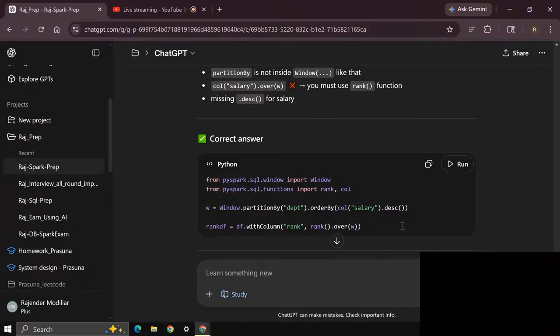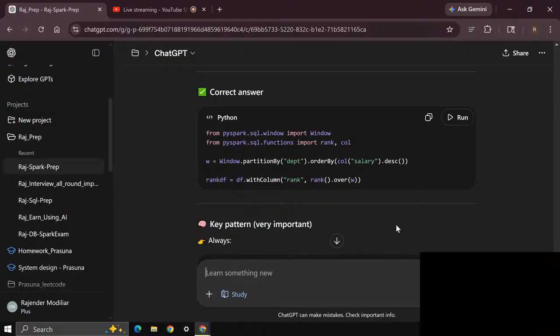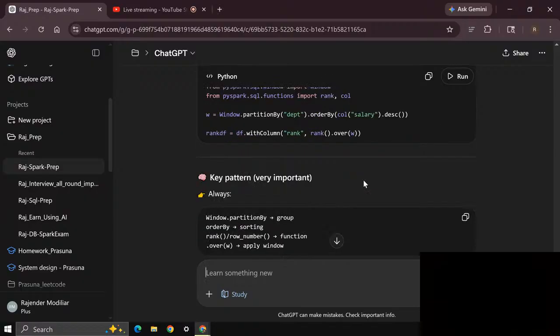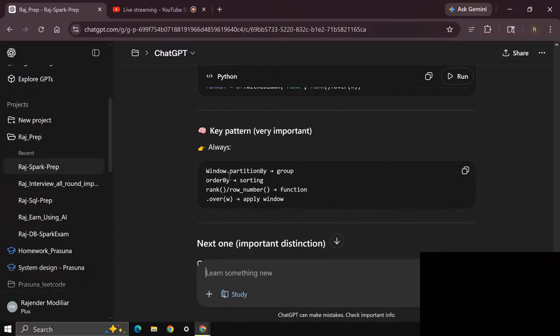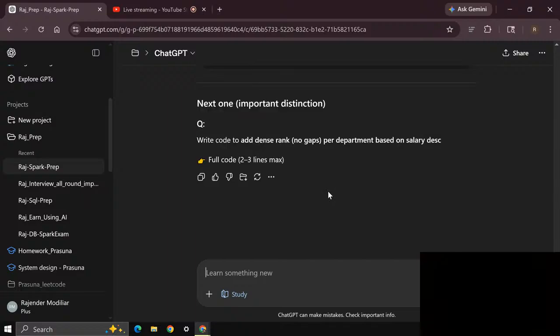Yes, I guess there is some gap here. Window dot partition by group, order by sorting. Rank or row number is the function, dot over applies the window. Okay, this is good.